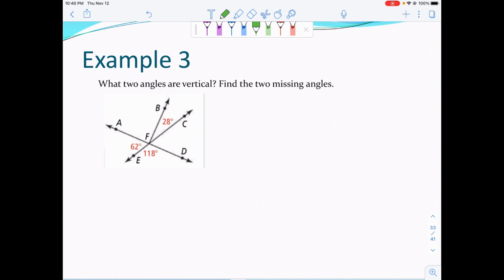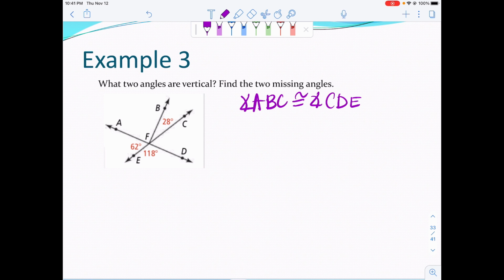So our last example says, what are 2 vertical angles? Okay, so what I'm going to ask you to do right now is press pause and try to find 2 vertical angles on your own. When you find them, you're going to go ahead and write a statement. So you're going to, for instance, say angle ABC, and this is just an example, it's not relevant to this diagram. So angle ABC is congruent to angle